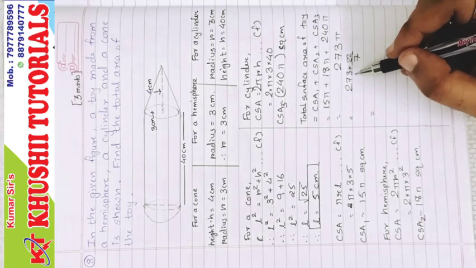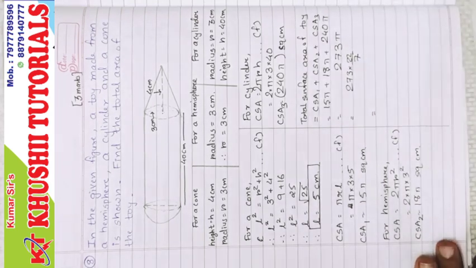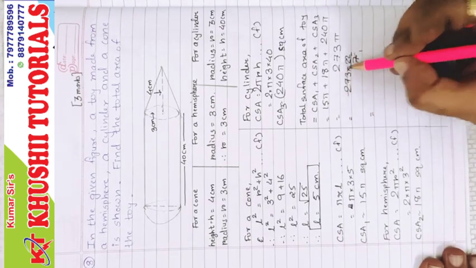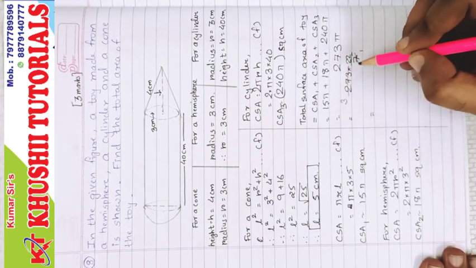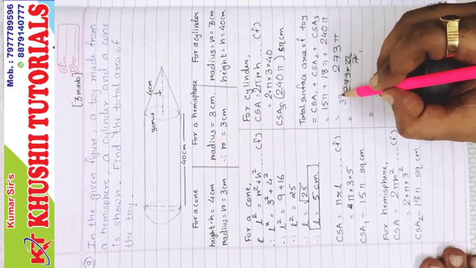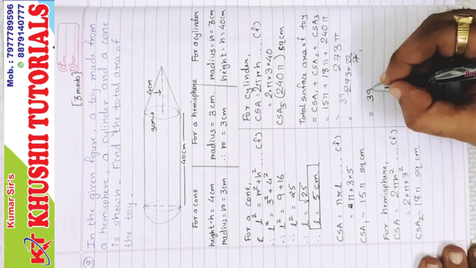22 3s are, or first we will try to divide it by 7. 7 1s are 7. Let me try with pencil. 7 1s are 7. 7 3s are 21. So 66, right? 6 left, 63. 7 9s are 63. So 39. And 39 into 22.